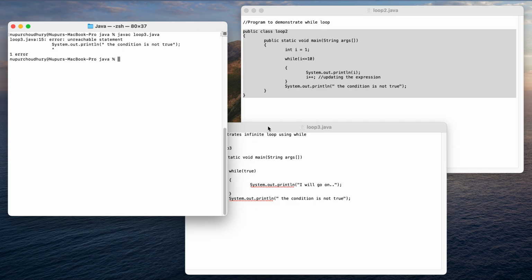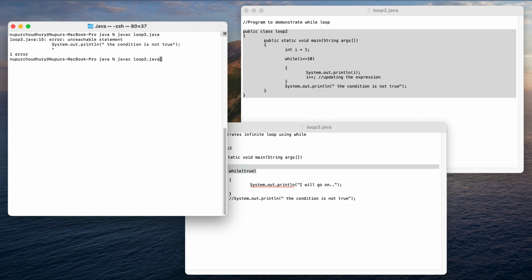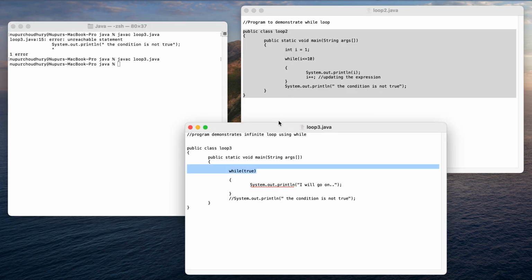This is System.out.println, so it says unreachable statement because I have already mentioned that this is an infinite loop. So the compiler itself understands that if you are passing this, that means you are creating an infinite loop. So let me comment this out and then let me do this. Yes, so now it is showing me no error, okay.